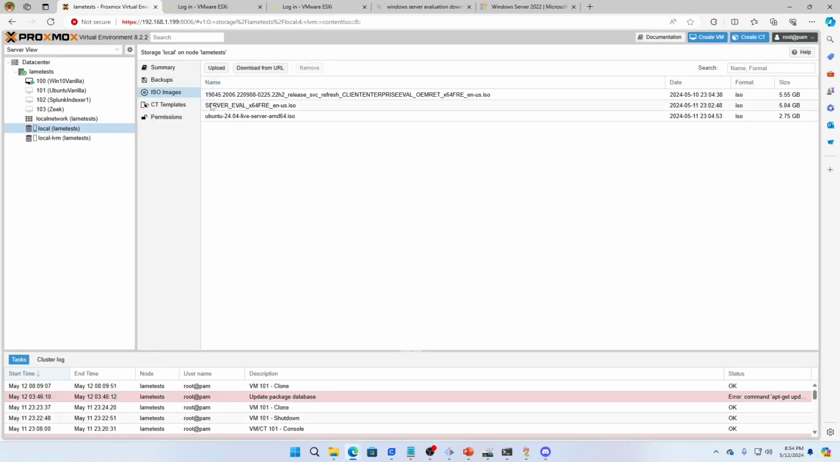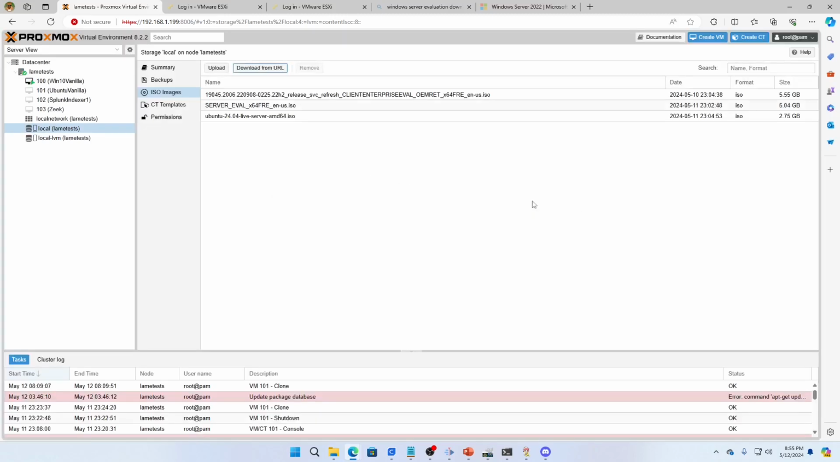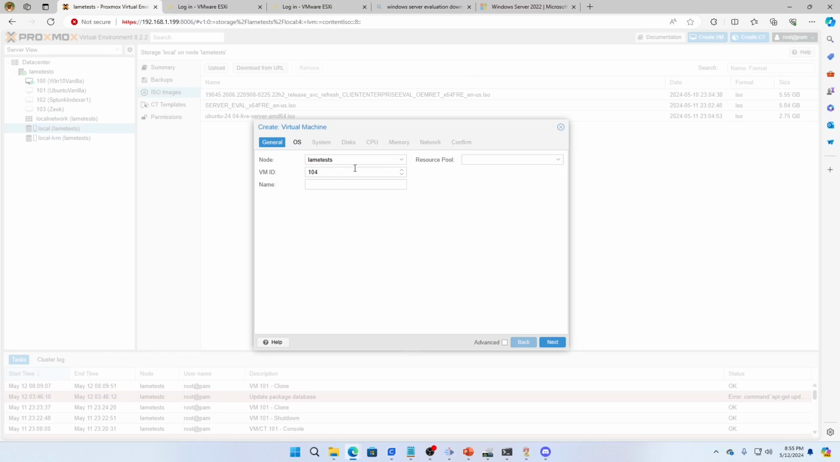I can download from a URL, and that's going to basically say, hey, put the URL in there, and it will pull that URL down instead of having to download it. I've never done it that way, but it's an option. Anyway, now that I have my ISOs, I can create a VM. And let's say I want to build